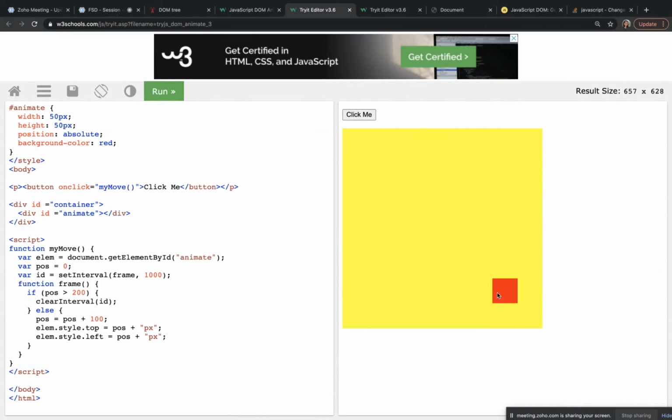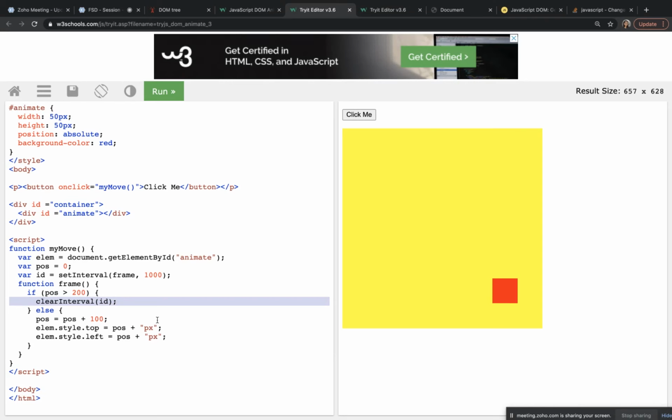Sorry, I'll explain this. After some point of time, like after reaching here, what they are doing is clearInterval. Every time we are setting an interval, we need to clear it. Even if I don't give it here, they are using it just to stop it, because after some point of time they want to stop.